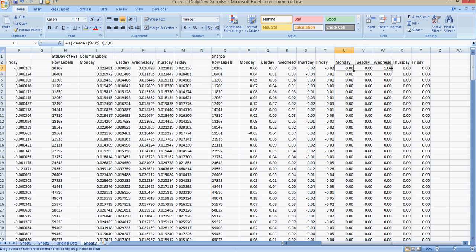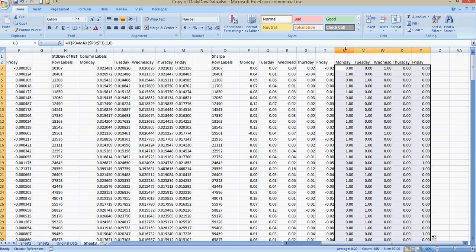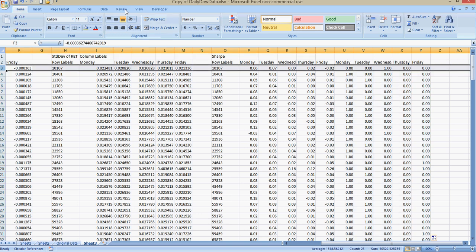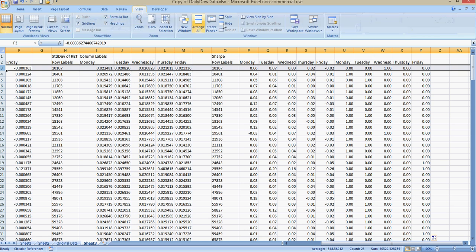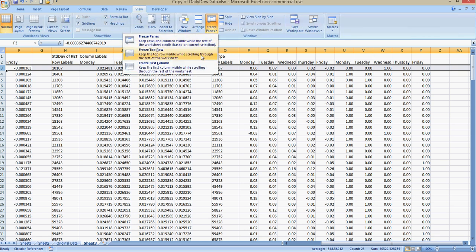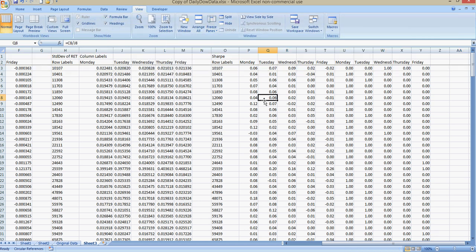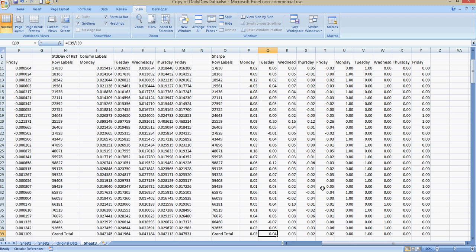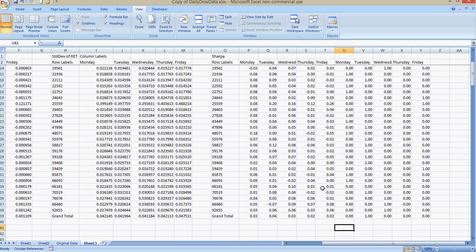Then I copy that across, copy it down, and now I want to freeze these rows so I can see what's going on. So I click on row 3, go to View, Freeze Panes. I don't want to freeze the top row, I want to freeze the panes there, so it's going to freeze everything above that. Control down, and now I can just take the average, equal average, control up, enter, and 41% of the time,